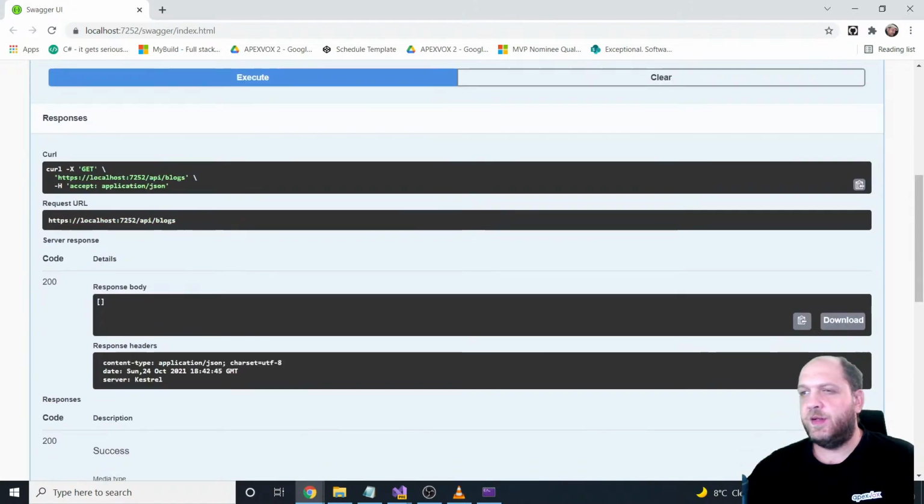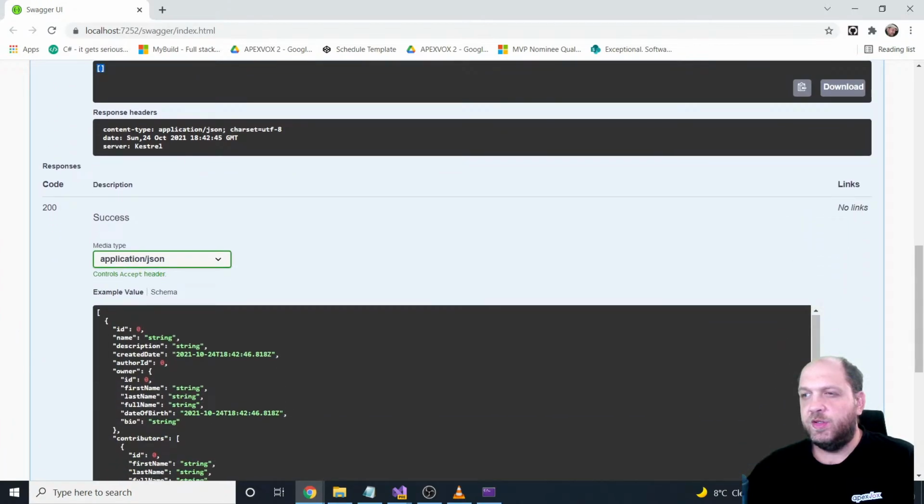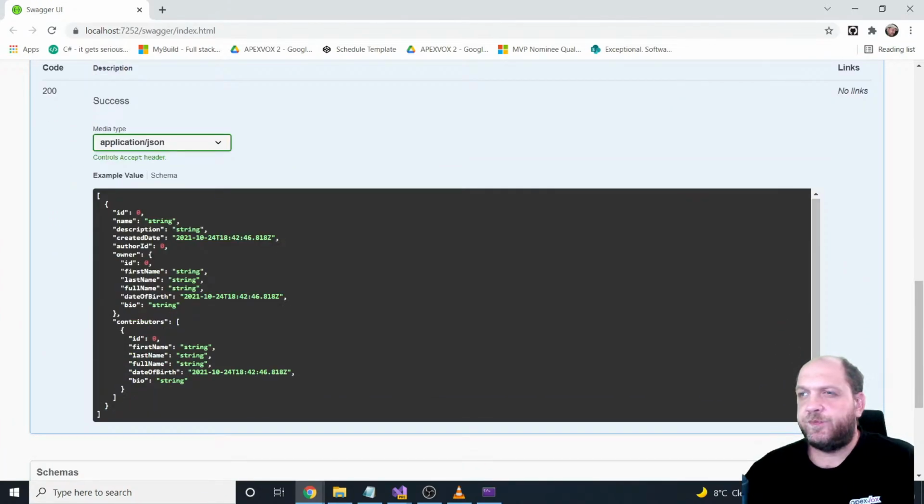Hopefully I get an empty array. Yes, I get an empty array, which is actually very, very good. And here we see that the schema is the one that is actually from the domain model. Of course, here we would have to model different things once again, because the owner we want to display here,